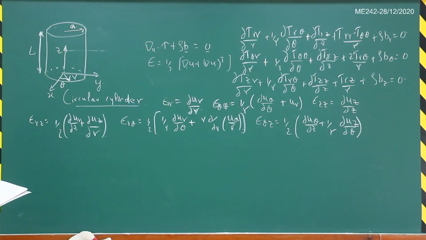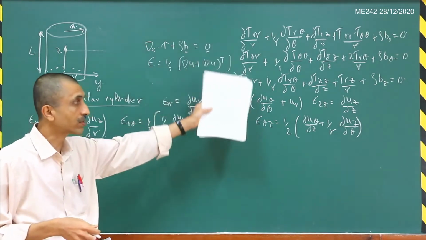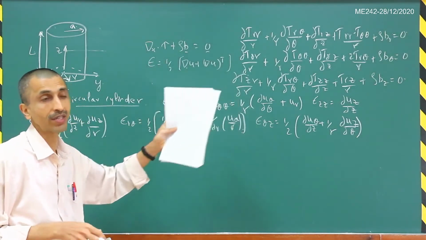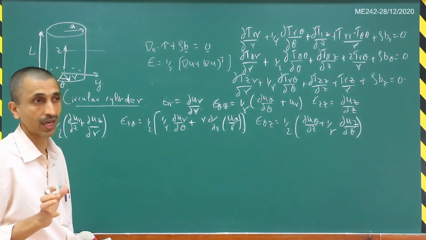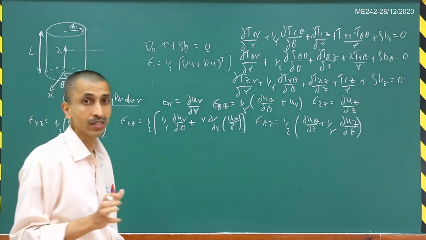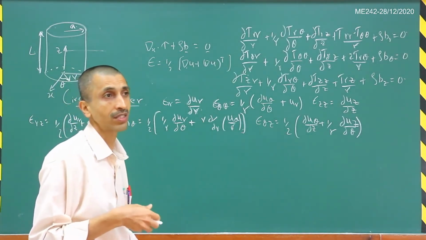So what we are going to do is that, as you can see, this system of equations is very complicated, right? So what we typically do is that we try out certain solutions. Not always, but at least in this situation, what we can do is we can try the strength of material solution.